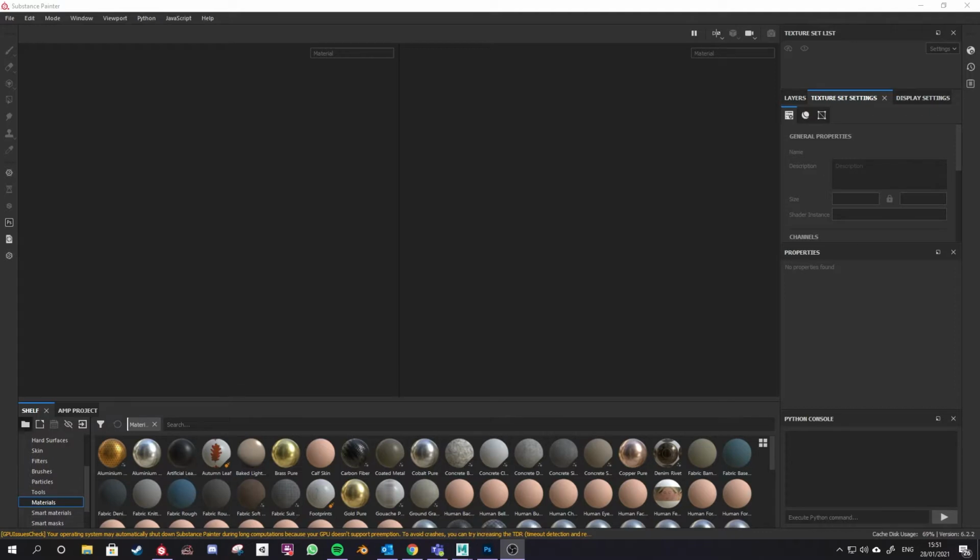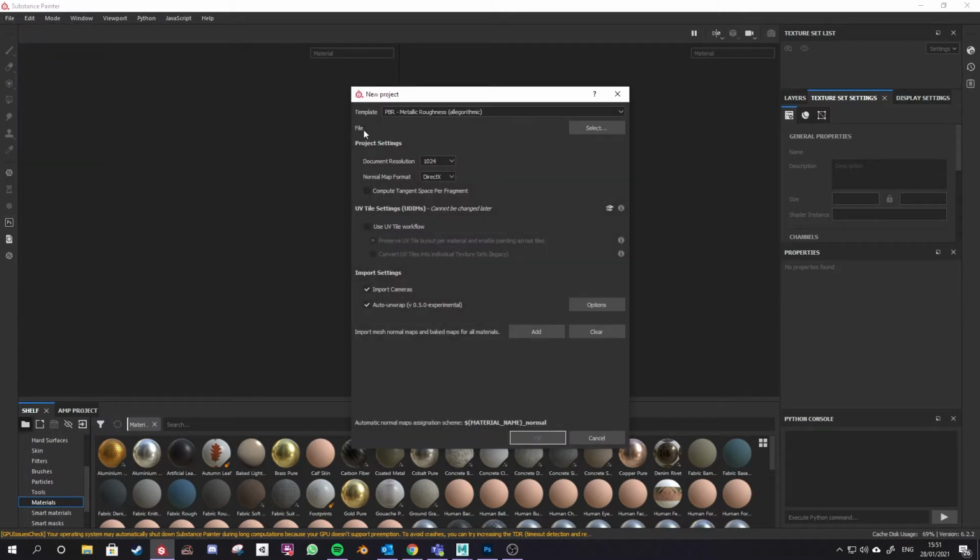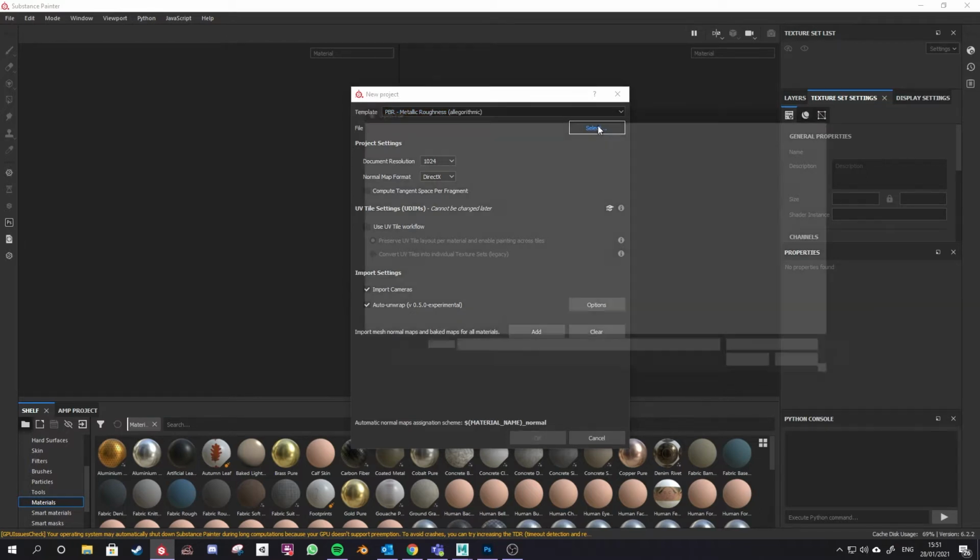So once I've exported that file as an FBX, exported that mesh out, I'm going to go into Substance Painter, File, and New, start a new project. The only thing that we need to do here, I'm using the Metallic Roughness PBR setup here. There's a few different setups you could use, but that'll give me all of the maps that I need. There's also some Unity specific things that you can use. So PBR, and I want Metallic and Roughness maps. File, I'm going to select and find my FBX